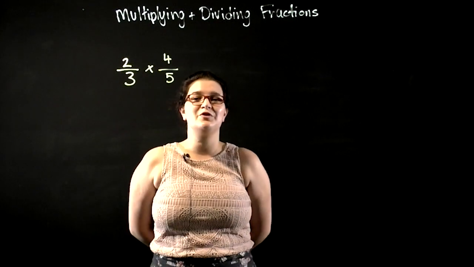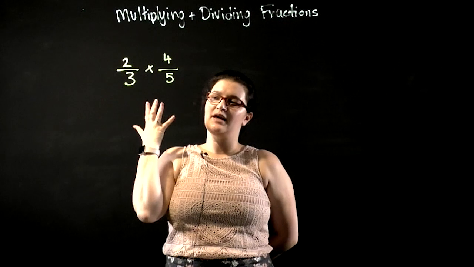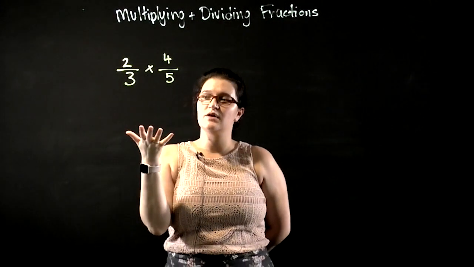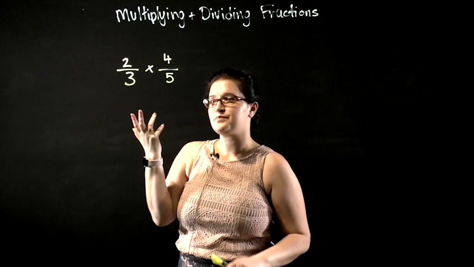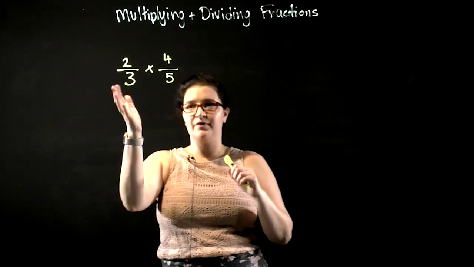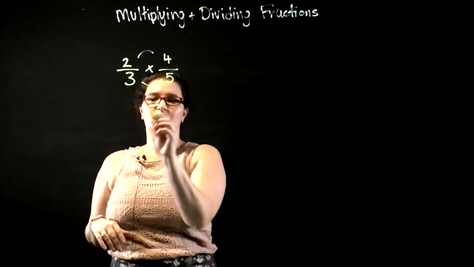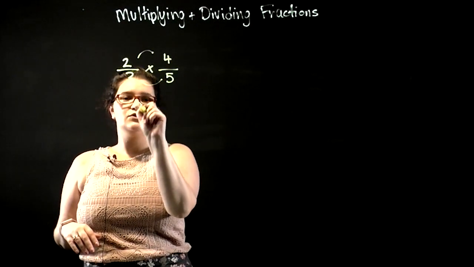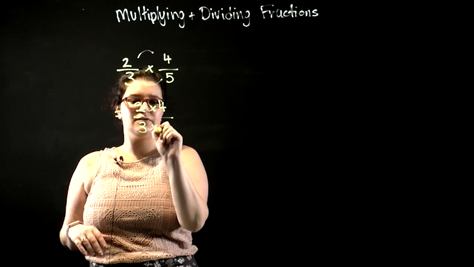Today I'm going to talk with you about how we multiply and divide fractions. So when I look at this, I think, how can I find 4/5 of 2/3? And the algorithm's really simple. When we've got two fractions multiplied together, we multiply the top together and the bottom. So I'll have something like this: 2 times 4 divided by 3 times 5,